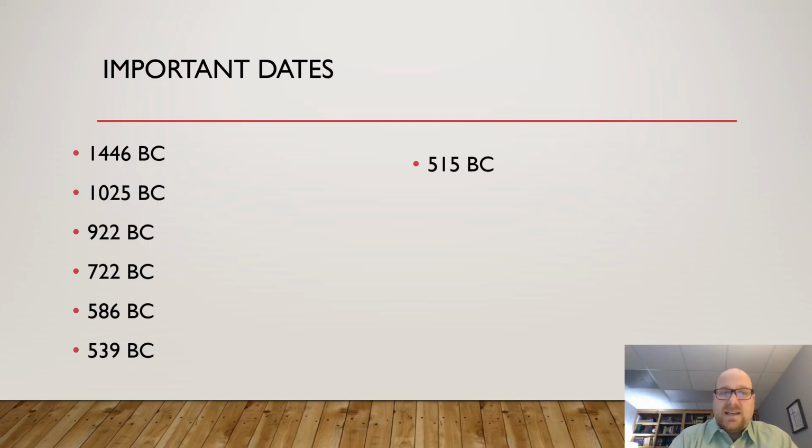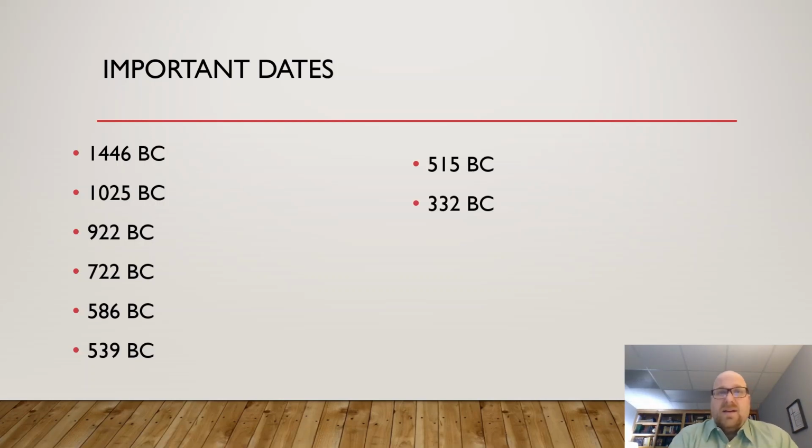This is the date when the temple was rebuilt. And for the ancient Israelites, there's 70 years that mark the destruction of the temple and the rebuilding of the temple. And numbers are very important in Israelite thinking. And 70 is a number of completion or perfection. So the time of its departure was over. And now it was time for the temple to be rebuilt. And that happened in 515.